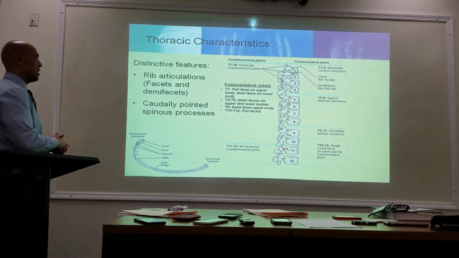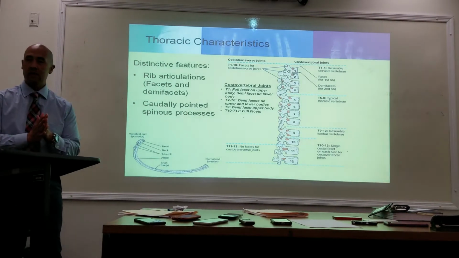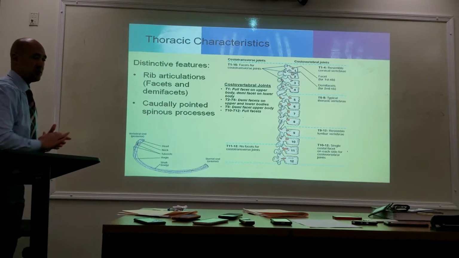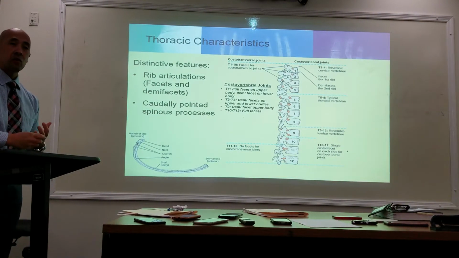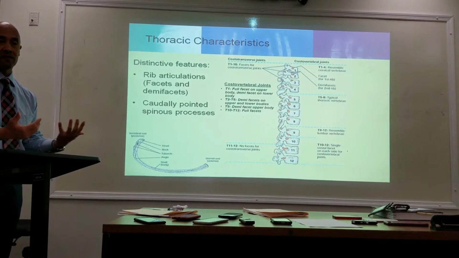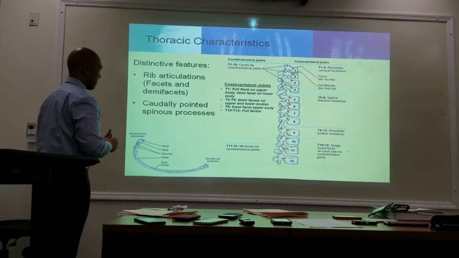Okay, so in the costotransverse joints, the tubercle and the transverse process, again, you have these small surfaces known as facets. They're either full facets or half facets, or demifacets. T1 through T10,